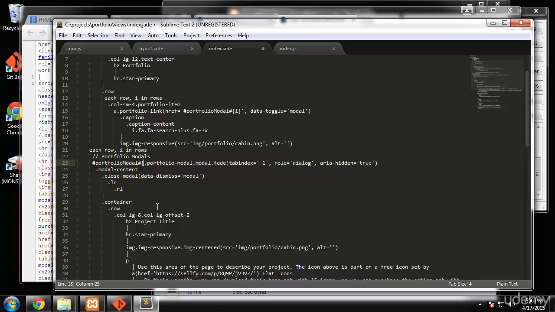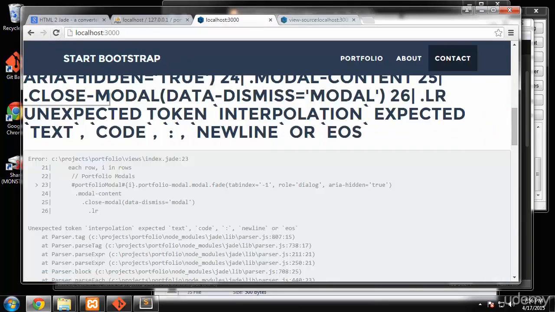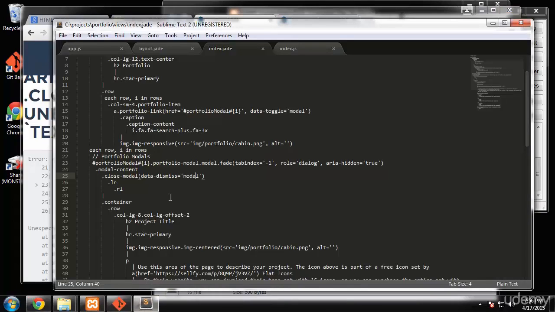Okay, so if I go like this, like we did up here, and save and then try to reload this, we get an error because you can't just stick the I right in like that. What this is, basically, is a div with an ID of portfolio modal and then a number. So for this to work, we have to change this to div and then set the ID attribute in the parentheses. So it'll be ID